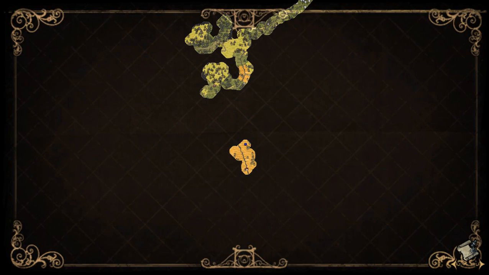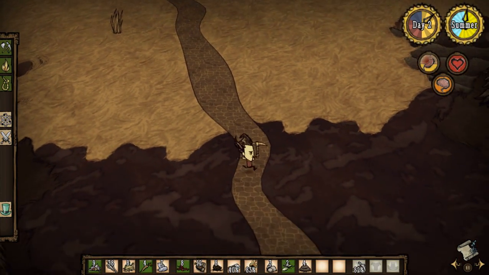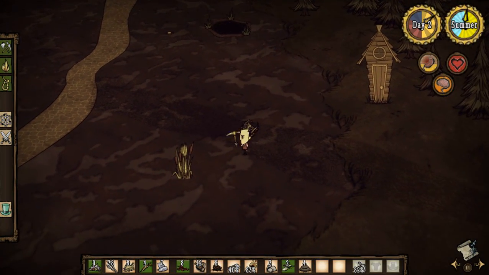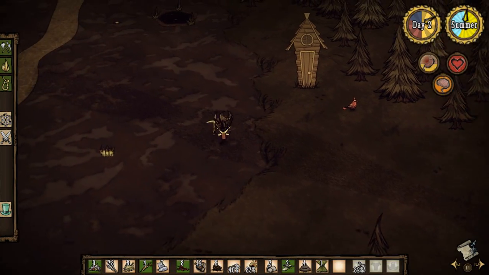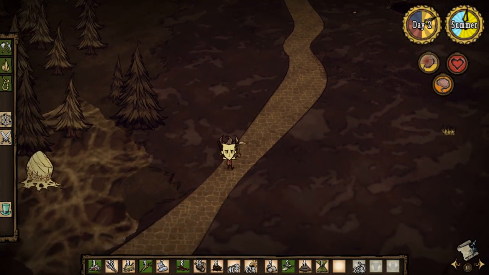It looks like we can possibly get back to our starting area, so I kind of want to explore down this way first. Good. We have a swamp. Hopefully there are some reeds in here. Excellent. Okay, so we are in business in all kinds of ways. We have two of the most important resources for, I think, a good...